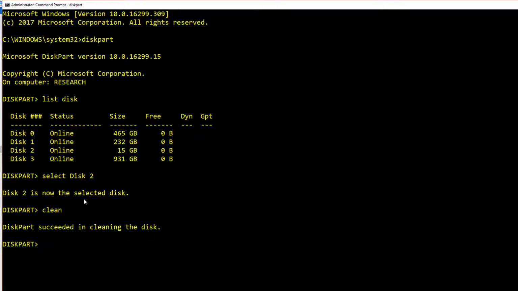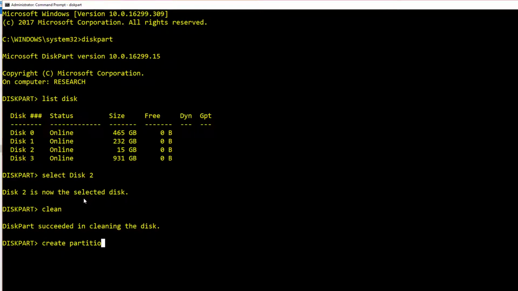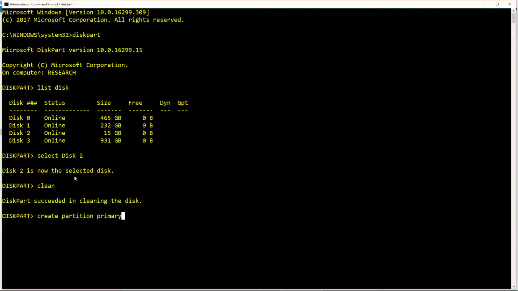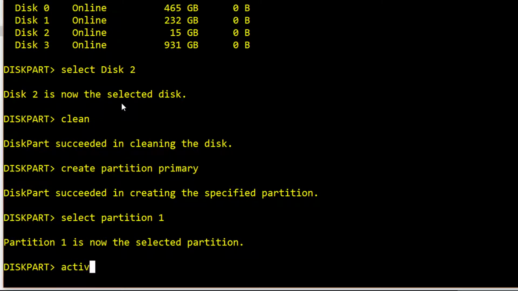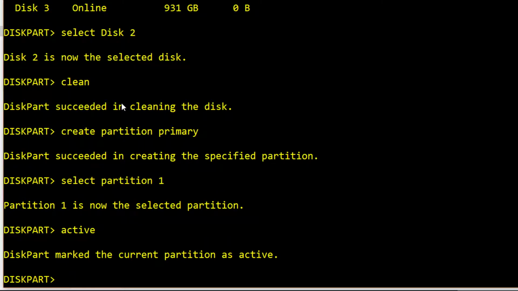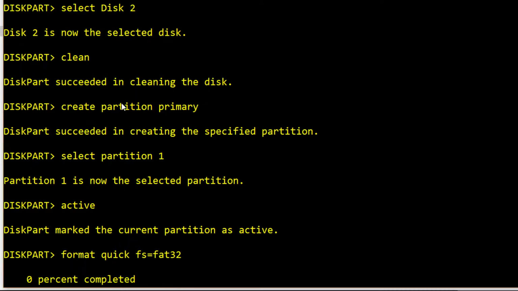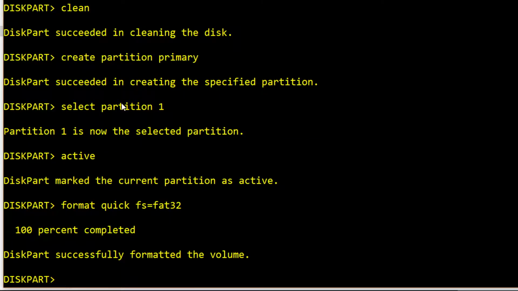Clean it. Create partition primary. Clean means deleting everything permanently. Select partition 1 and activate this partition, and then format it with quick fs=fat32. I'm still not clear why it's FAT32, why not NTFS. Okay, DiskPart successfully formatted the volume,